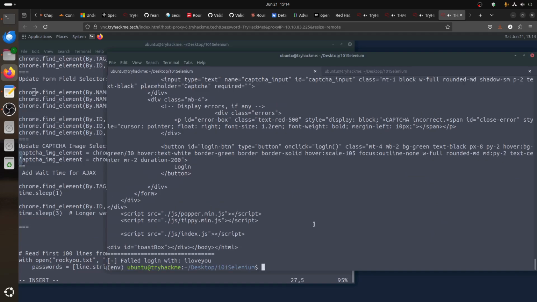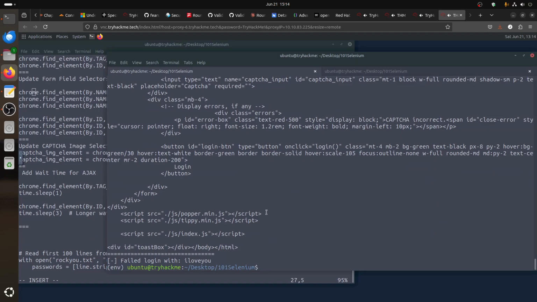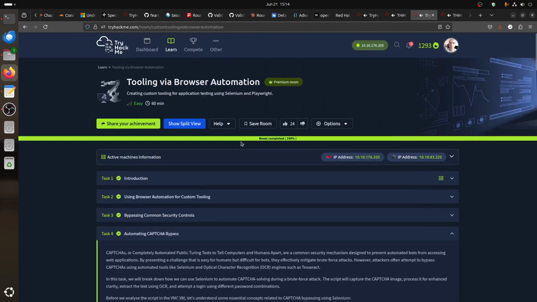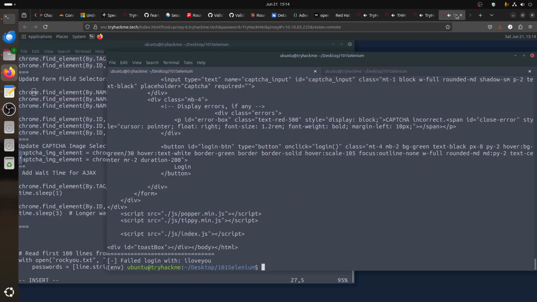So, failed login. If you put 100 passwords there and run your script, you get your correct flag and your correct password. Let's be clear about this, because here you don't install anything. If you start the machine for this room, you use it to solve this room without installing